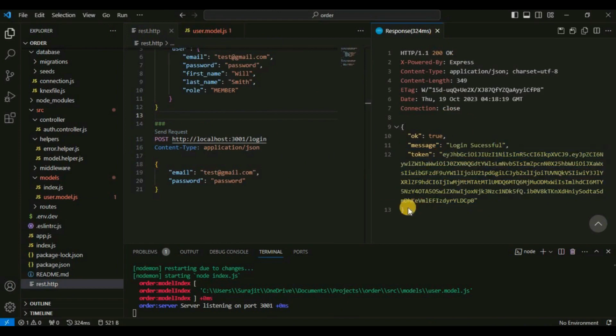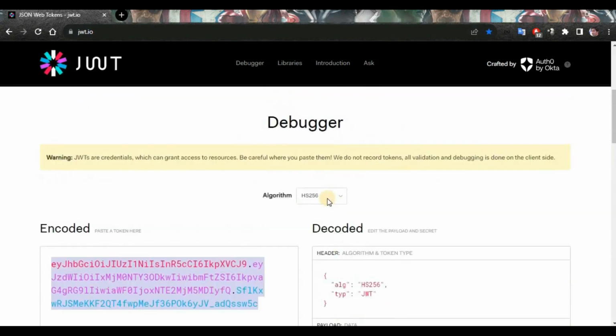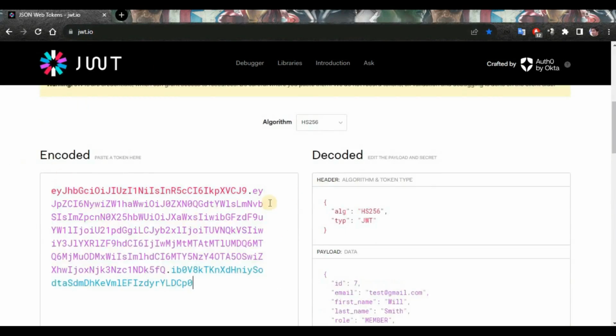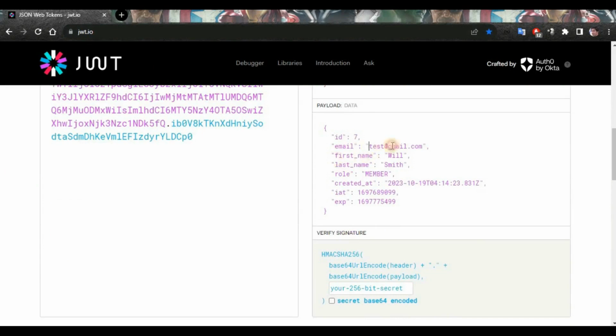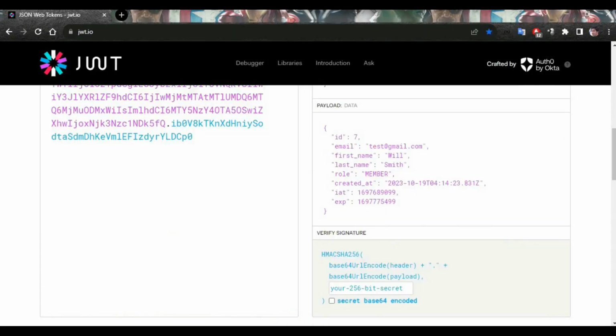I got the token, and if I decode the token, I should get the first name, last name, email and the details. So I will copy it and go to the site jwt.io, and here if you paste the encoded token, you can see the ID is 7, test@gmail.com, Will Smith, the created at, and here is the expiration and all the things, and if you match with this, it's the same. So we added the